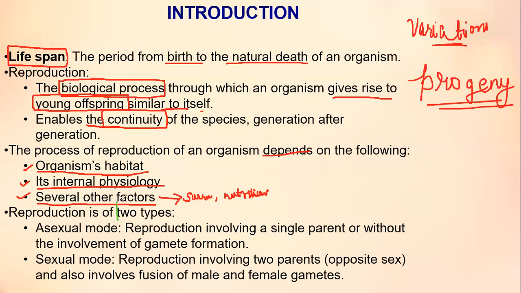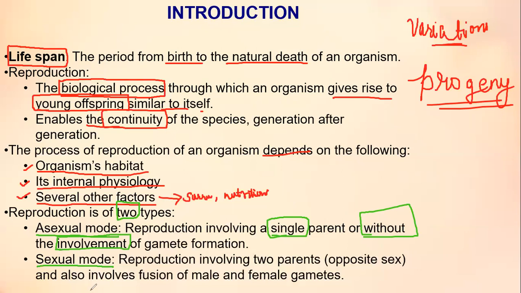Reproduction is of two types. The first is the asexual mode of reproduction. The second is the sexual mode of reproduction. What do you mean by asexual reproduction? Asexual reproduction involves only a single parent, with or without the involvement of gametes. The reproductive cells, that is the gametes, may be formed, but there may or may not